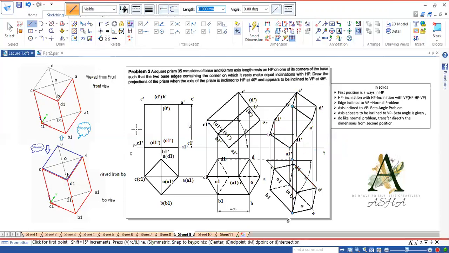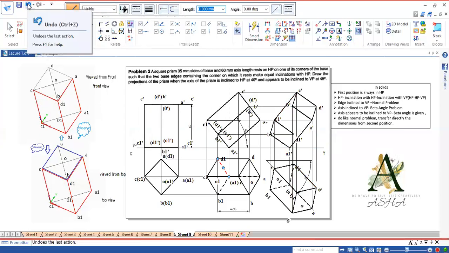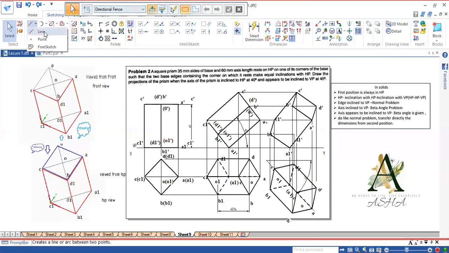So the line joining from D1 will be A1, C1 and D. So line connecting D1 will be connected to C1. D1 will be connected to A1. So line connecting that will be hidden.